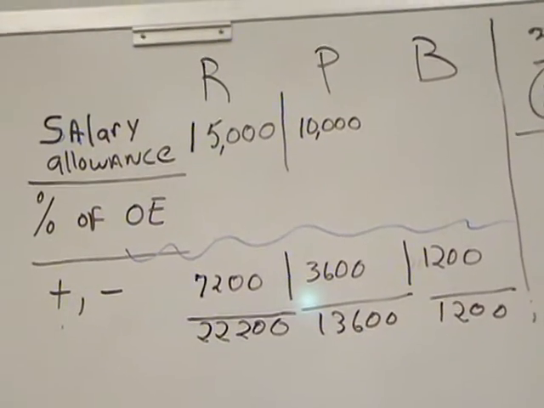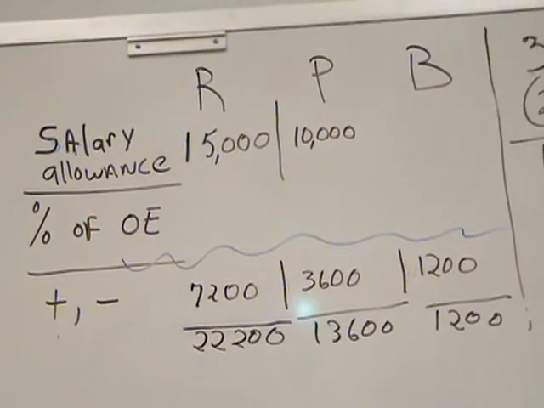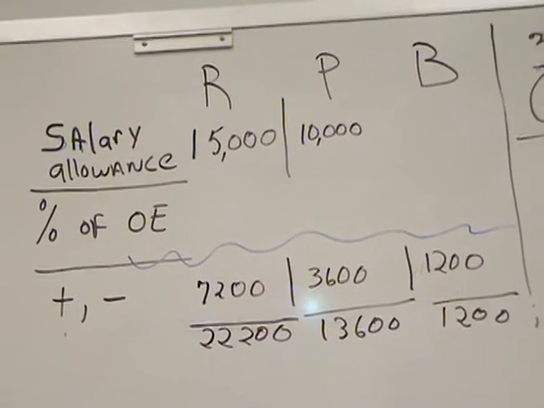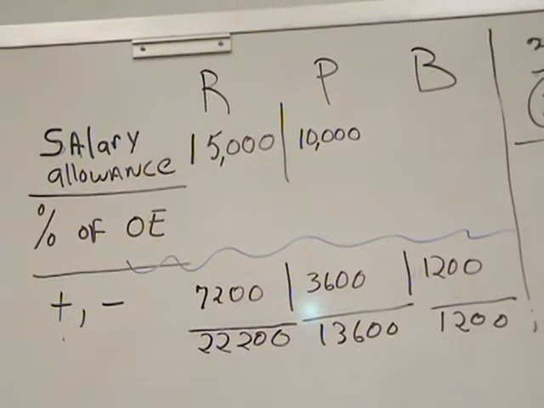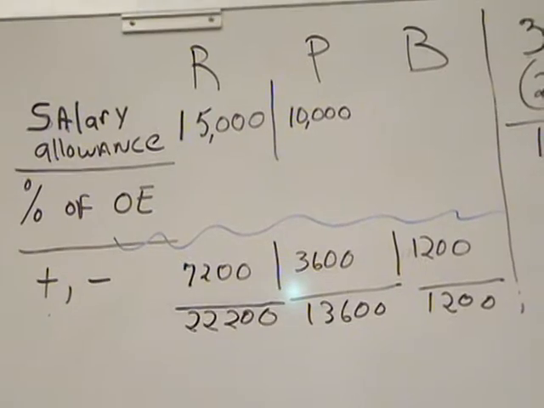Now, again, to remind you, that word salary allowance is not something found on the income statement. It is merely a device used to separate income. And we're ready for number 3.